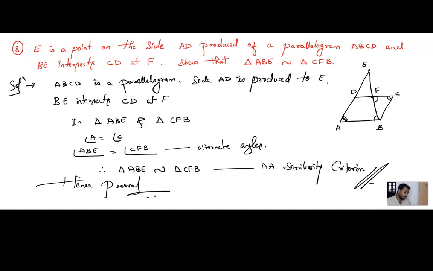Right? If you want, you can write this step. If not, not required. Just take both the triangles. Which are the angles you know? Just show that the corresponding angles are equal. Alternate angles are equal, or vertically opposite angles are equal. Whatever you see as common in both the figures, just write that property, and hence you say that the triangles are similar.